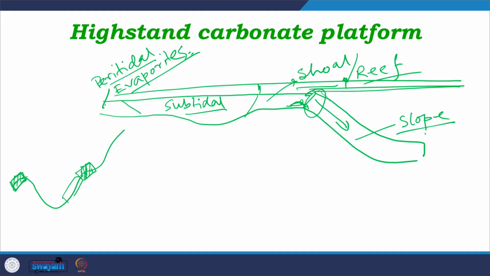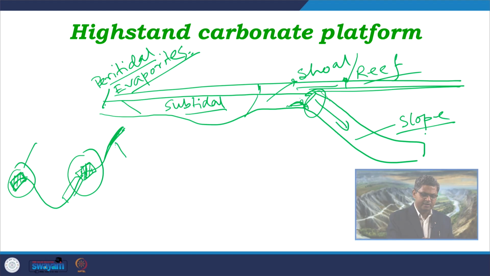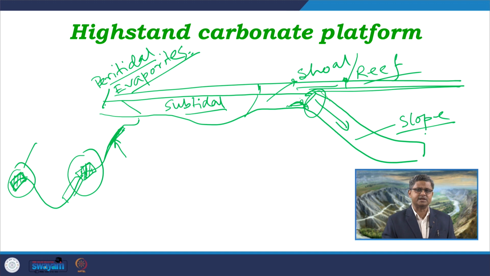So the carbonate shelves can sustain the formation of high stand system tracts during the different stages of their evolution. As I told you, in this particular base level curve, we can get a high stand system tract developed over here, and another developed over here, and maybe a high stand system tract after this phase of transgression, where we are getting a very sharp, very steep rise in the base level, followed by that we can get another high stand system tract. So there can be multiple such high stand system tracts associated with transgressive system tracts, and they can occur in a cyclic pattern, stacked one after another.